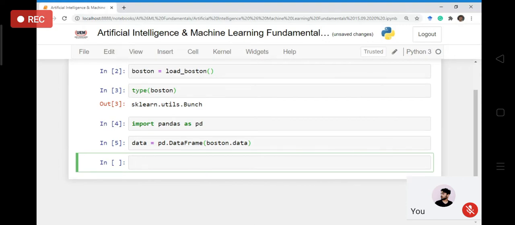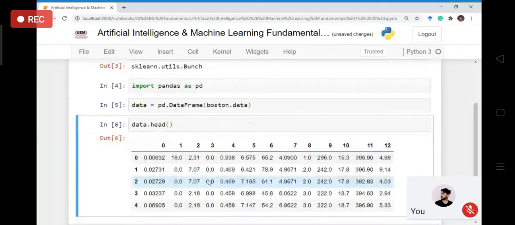Now if you just print it, so how do you print it? If you print this variable data, then an entire long list of data will be printed in my console. I do not want that. Maybe I would like to look at the first few rows of my data set. So then I'll be using a function called head. What is the purpose of head? Head is going to print the first 5 entries of the data set, which is in this variable data.